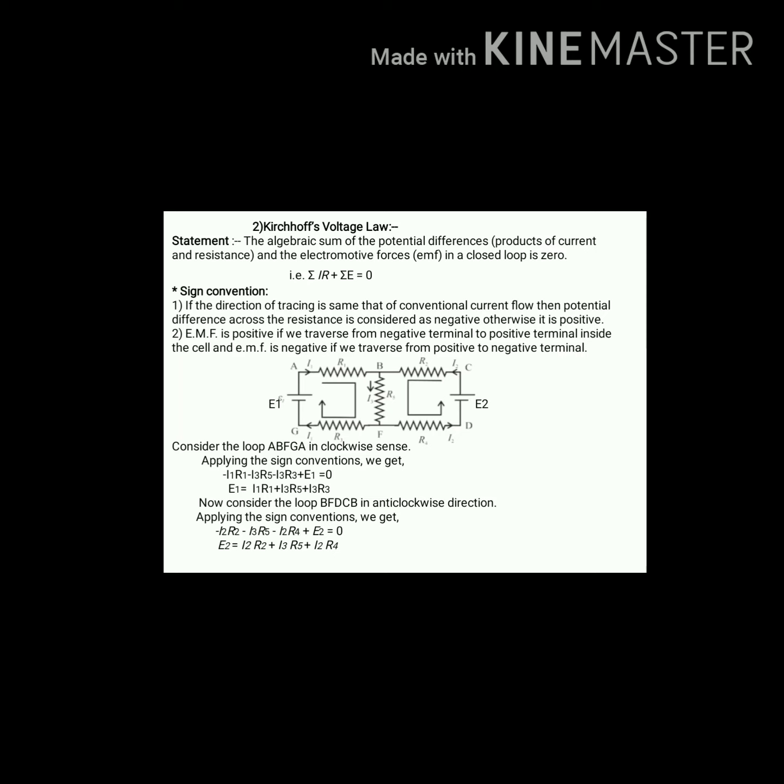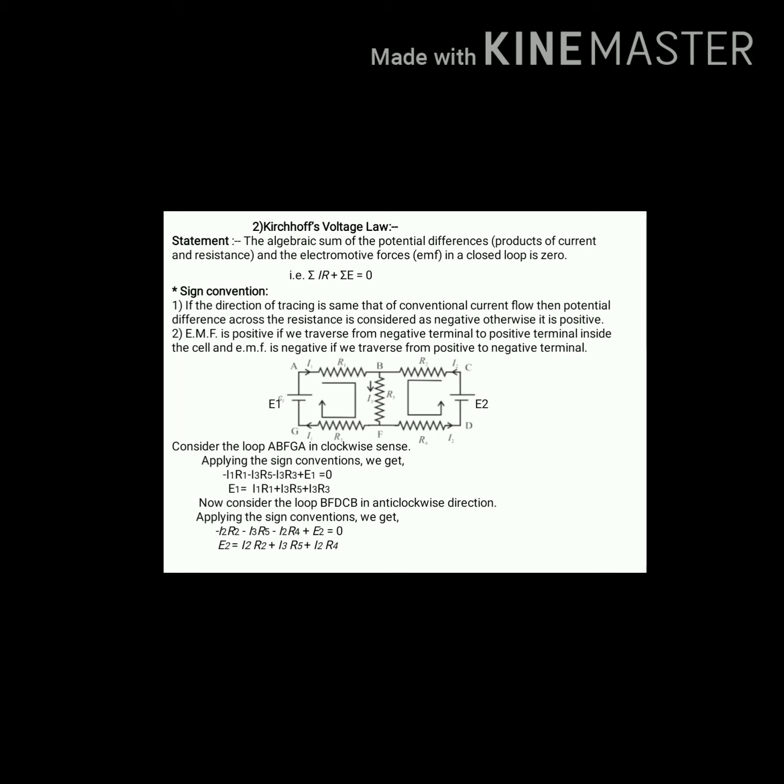Then consider the loop BFDCB in anti-clockwise direction. Applying the sign convention, we get minus I2 into R2 minus I3 into R5 minus I2 into R4 plus E2 equal to 0. Here also the same, the second loop BCDF, again B, is considered